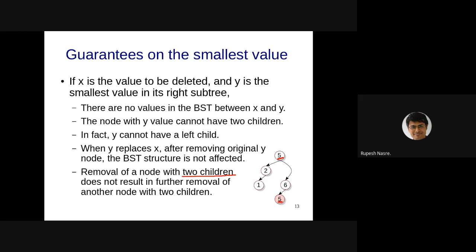Anish says, is the replacement implementation done by changing the pointer references or by just changing the value of the node? As of now, we are replacing the value. We are not replacing the pointer. The value needs to be copied from, let's say, 5 to 4.